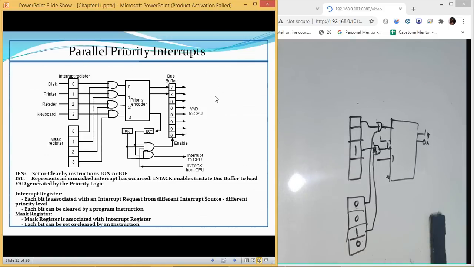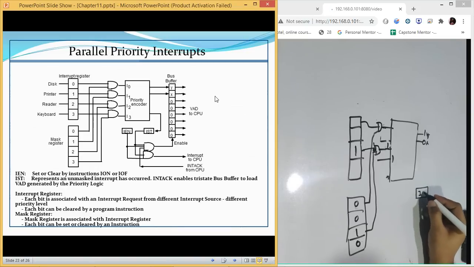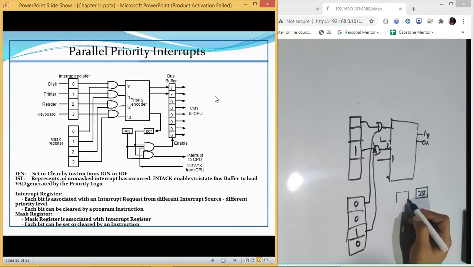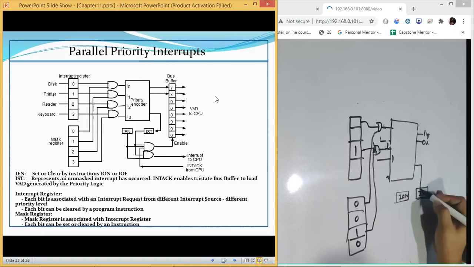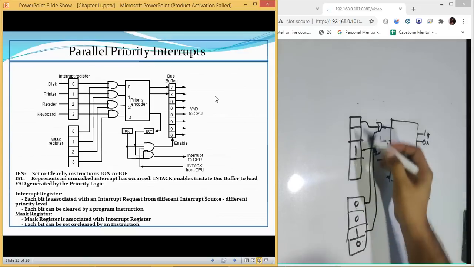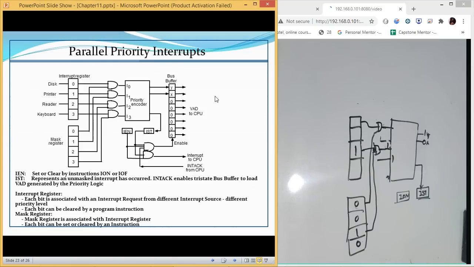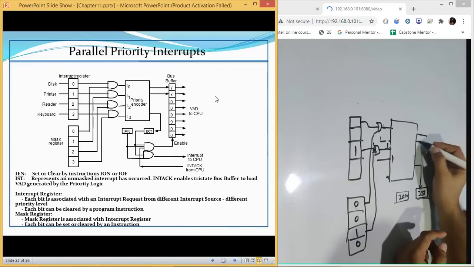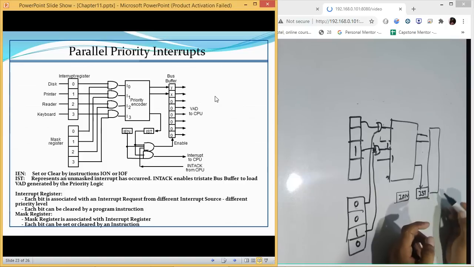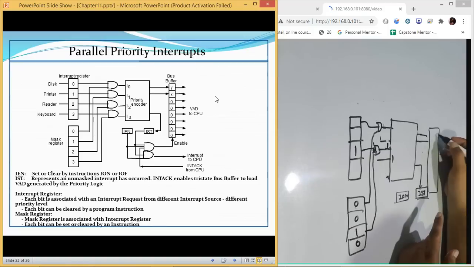Then after this, we have two more values. One is IST, one is IEN. This is for interrupt status and this is for interrupt enable. This IST value will become 1 only when one of the devices which are connected has generated an interrupt. If there is any interrupt generated by any of these devices, then this IST will be 1. And when this is 1, only at that time this address which we have got from this place will be loaded to a vector address,